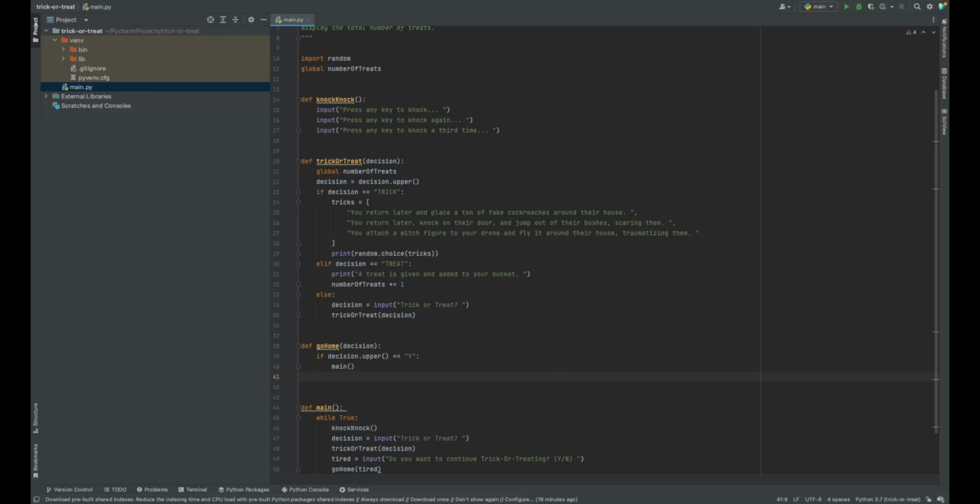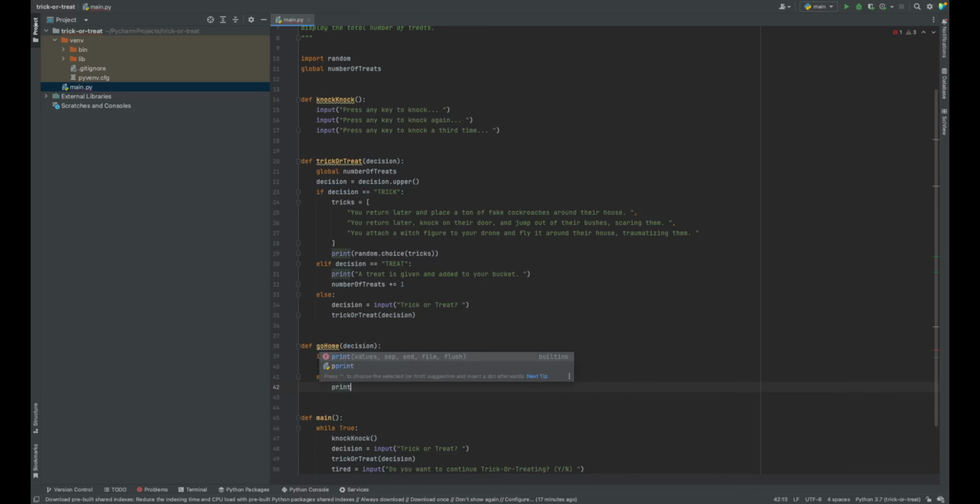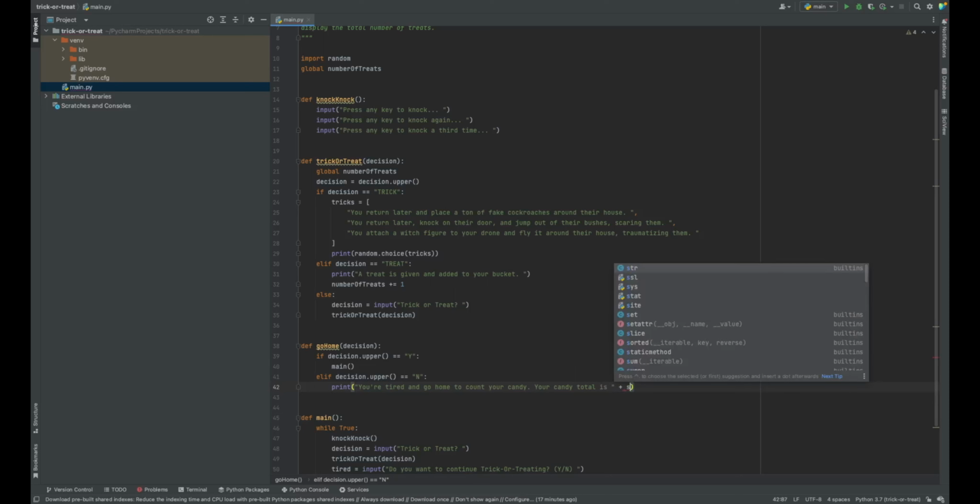But we want to handle other cases too. Let's add an elif. And if the decision.upper is equal to n, we want to go home. So we're going to print out you're tired and go home to count your candy. Your candy total is,